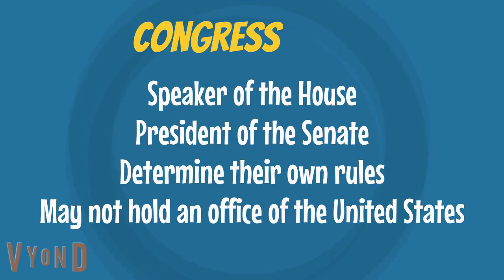The President of the Senate, the technical leader of the Senate, is the Vice President of the United States. It's about the only thing the Vice President gets to do is be the President of the Senate, and the Vice President of the United States gets to vote when there's a tie. So we've had a couple of instances in recent memory where there was a tie on a nomination of somebody for the Supreme Court, for example, and the Vice President of the United States voted to break the tie.